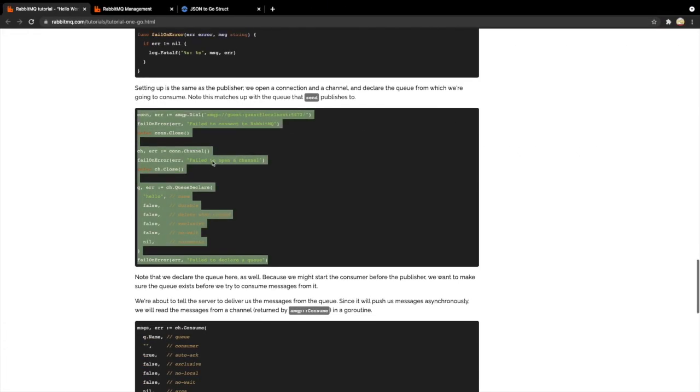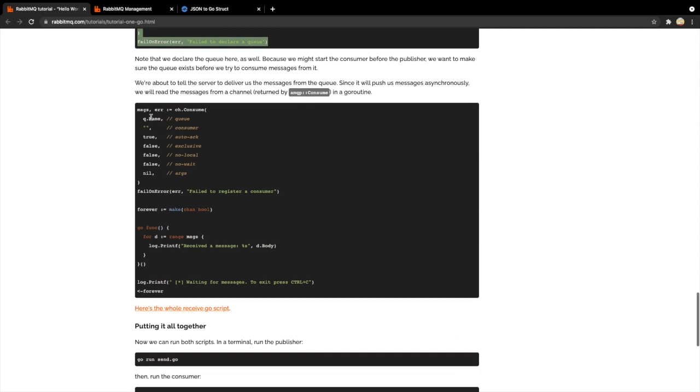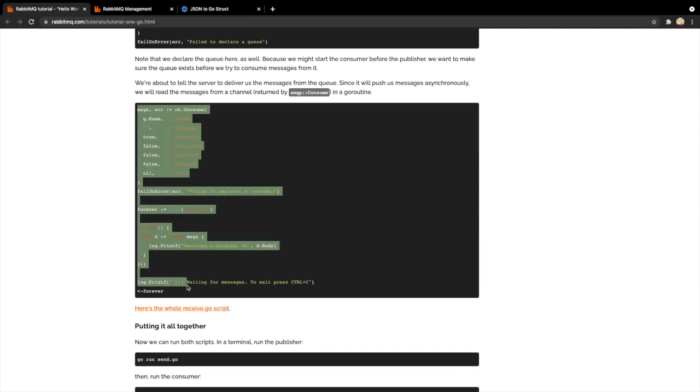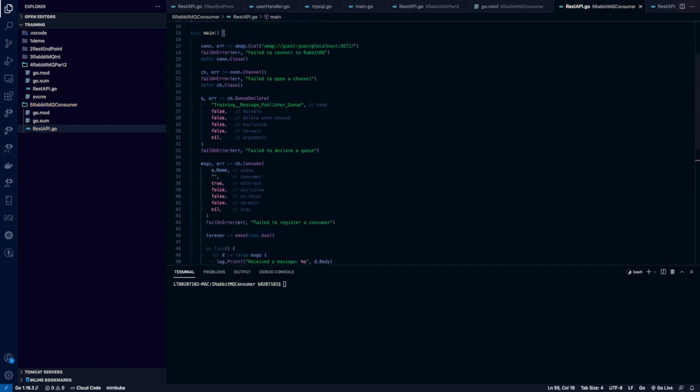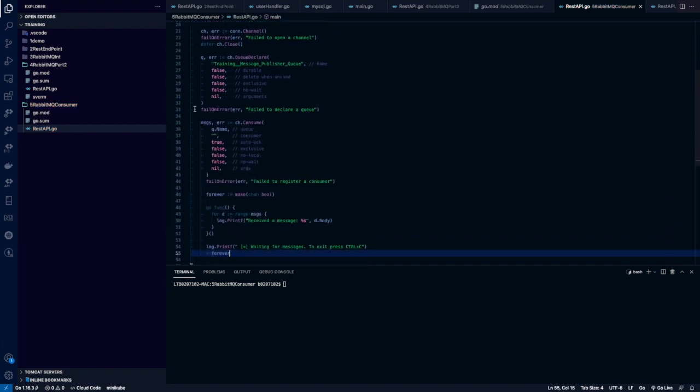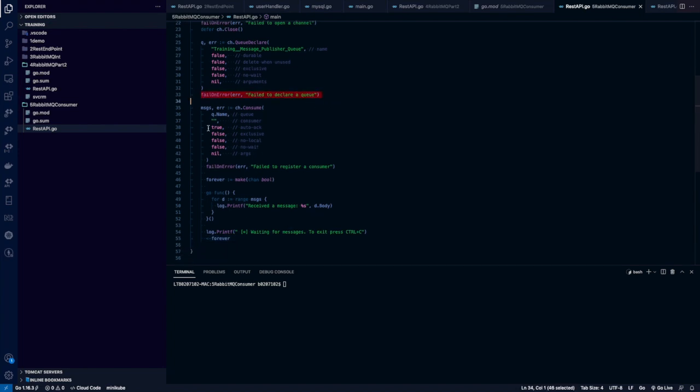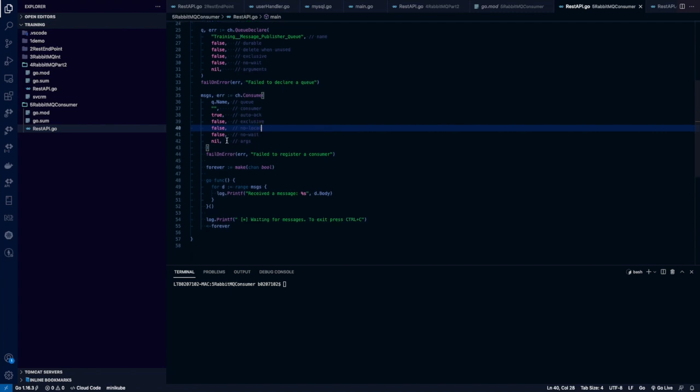So again move back to the home page. This is the last piece of code which we need to paste. Now what this code is doing is, this is again failure error handling. This particular piece of code would actually be helping to connect with the queue, and will be consuming the messages. So you can say it's a kind of consumer configuration.